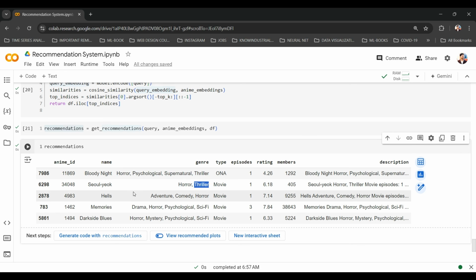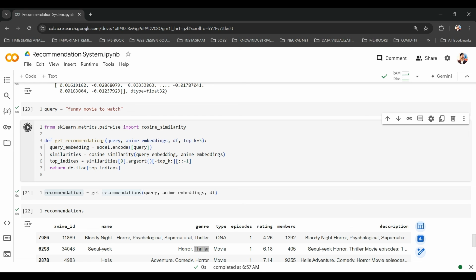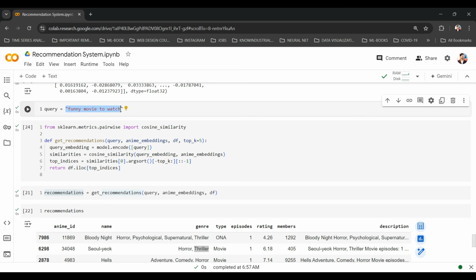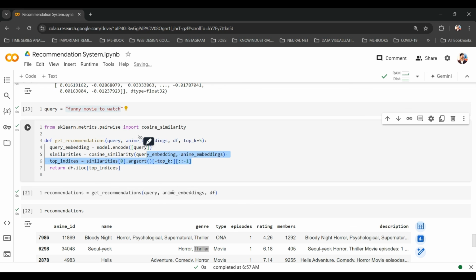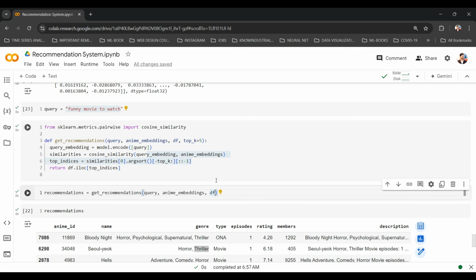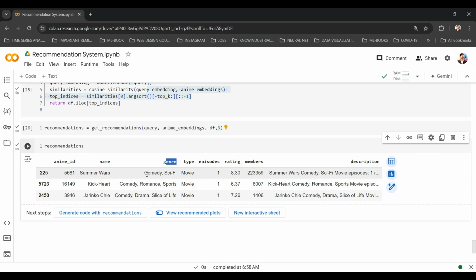That's really good. Now, just to show you that I'm not fooling you, I'll try it out with funny movie as well. Okay, I have run that and run this. This will basically take the embeddings of this sentence, and it will compare it with all these embeddings, and it will return us the top 5. Okay, so if you want, we can get the top 3 actually. Maybe some of you only need the top 3. So we'll say 3 here. Okay. So I have already done that. Okay. So we have received funny movies. Okay. So see, all the genres had comedy in it. Okay. So we have received the top 3 funny movies from our movies list.